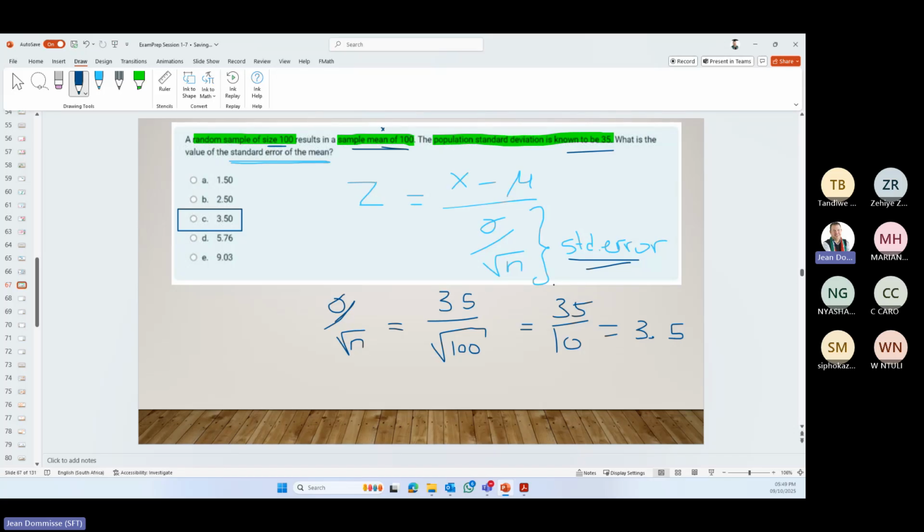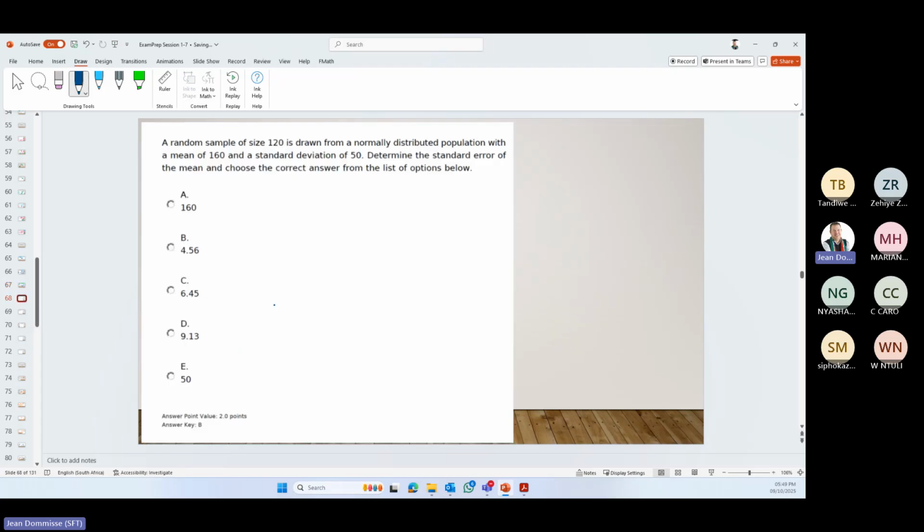But you guys don't need to worry about that, or need to know what that means. All that you need to know is that when we ask for standard error, it is the standard deviation divided by the square root of n. They love to ask a question like this, but normally they will also give you an x value, so that you need to go into working out a z. So let's see in this one.